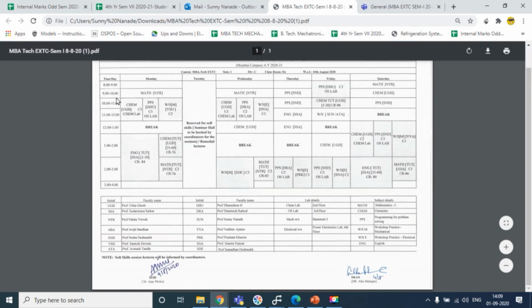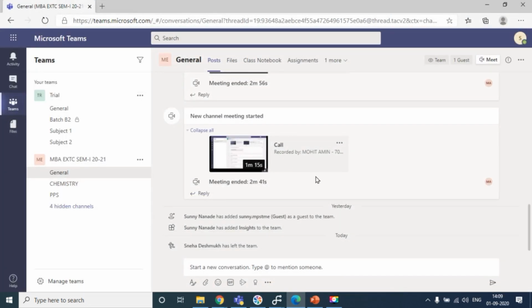I'll take the example of this particular class. For example, from 9 to 10 we have a maths lecture, and as usual 5 minutes early the teacher is going to start the lecture. This is a student's login, and this is how the team would be visible to the student.